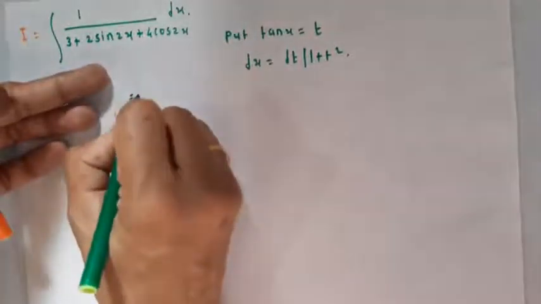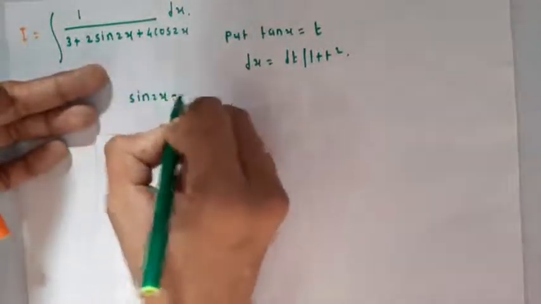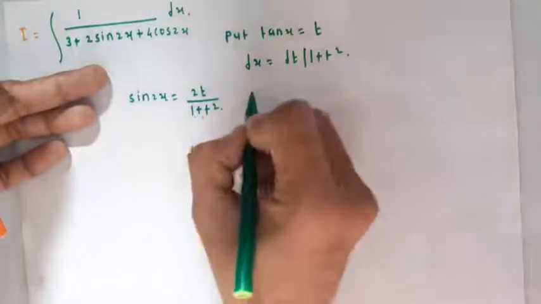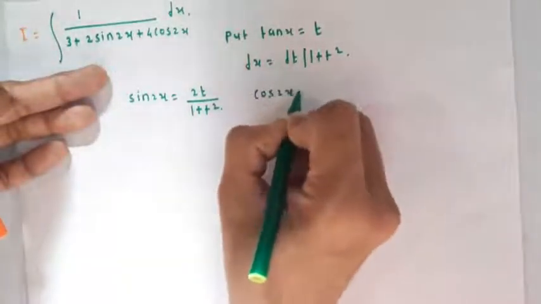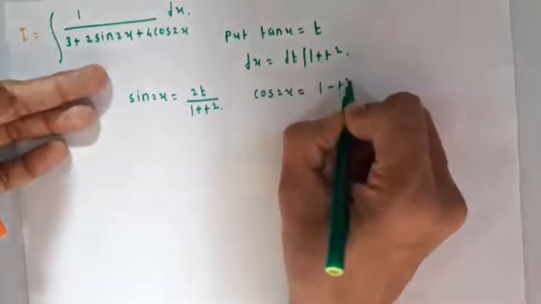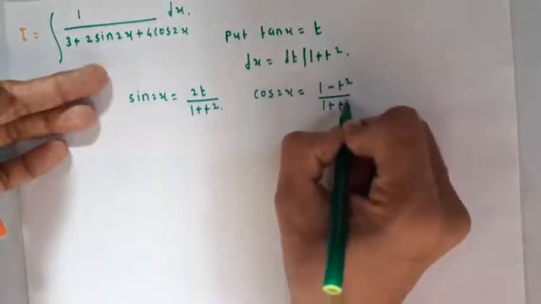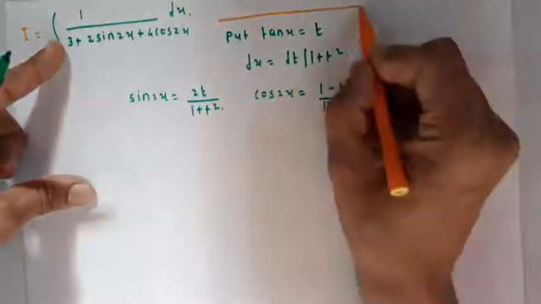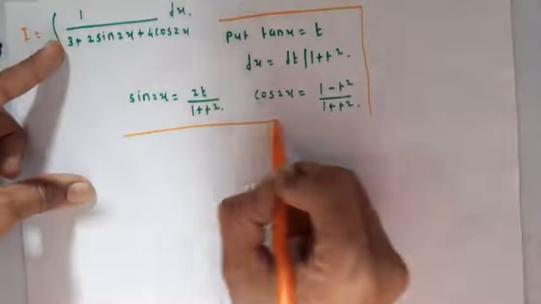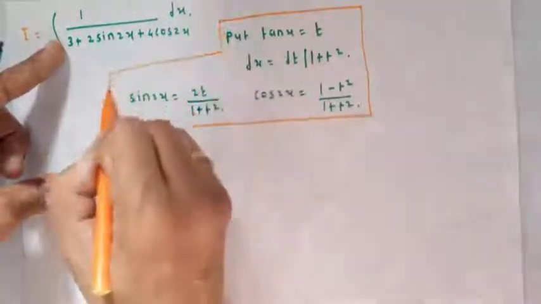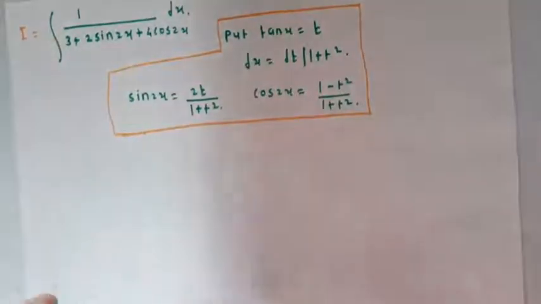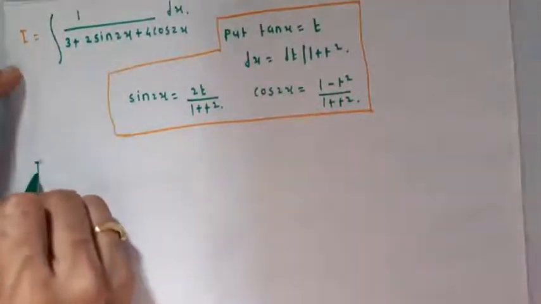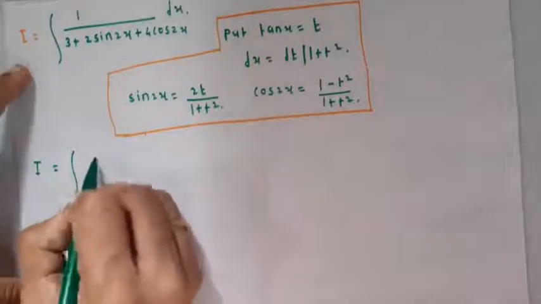Then the value of sin 2x is equal to 2t upon 1 plus t square, and the value of cos 2x is 1 minus t square upon 1 plus t square. So by putting all these values related to the substitution, our problem will be simplified. Okay students, by using this the problem gets simplified into